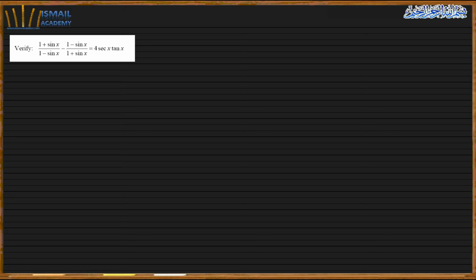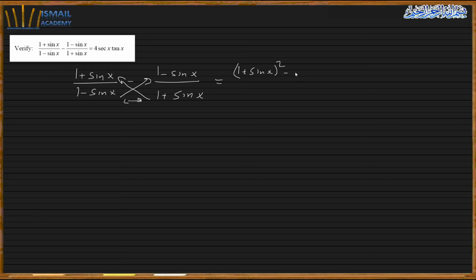So last question. Here they ask me to check if this identity is true. So I'm going to start with 1 plus sine x over 1 minus sine x minus 1 minus sine x over 1 plus sine x. So I make common denominators. I'm going to multiply this one by this here and multiply the denominators together. So it's going to be (1 plus sine x) squared minus (1 minus sine x) squared over (1 minus sine x) times (1 plus